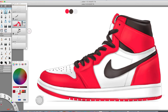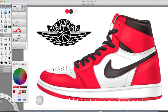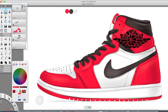But one last thing, there is a logo over here, the Air Jordan logo, and what I did was I do have that already created as a PNG with the multiplied knocked out background. So I just import that into this drawing, and I pressed M, which gives me this selection tool here. So I'll select that, and because this is on its own layer, I can take that and scale it and